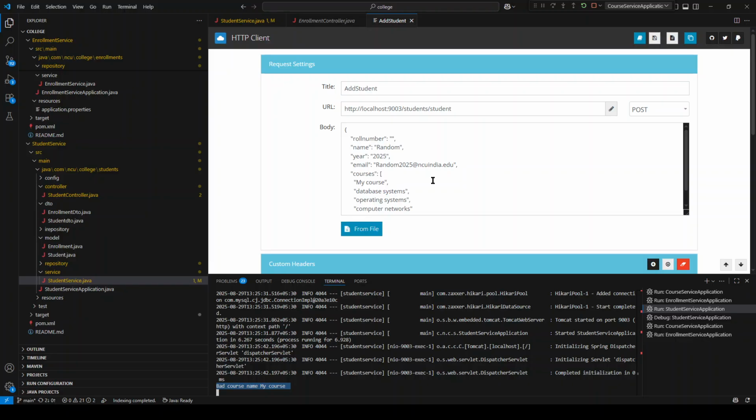Now, how you can do that? Let's say you want to delete a student. Then the student should go, but then his enrollment should also be deleted from the enrollment service. So in that case, what you are going to do is delete the student from the student DB, but then the student service is going to call the enrollment service and ask it to delete enrollments for a particular student by roll number. Okay. So all these things I'm not going to cover and increase the time for this video,